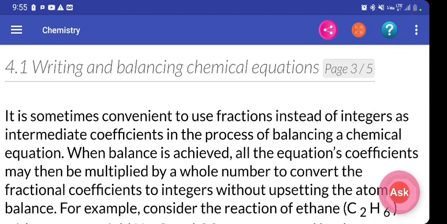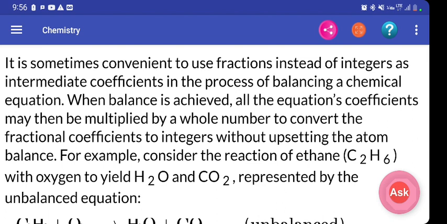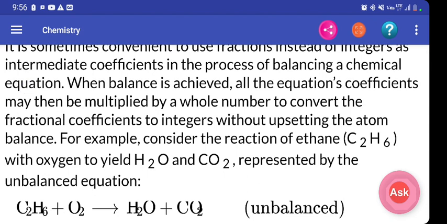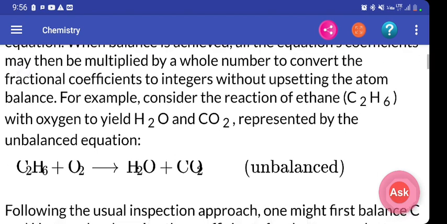It is sometimes convenient to use fractions instead of integers as the intermediate coefficients in the process of balancing a chemical equation. When balance is achieved, all the equation's coefficients may then be multiplied by a whole number to convert fractional coefficients to integers without upsetting the atom balance. For example, consider the reaction of ethane, C2H6, with oxygen to yield H2O and CO2, represented by the unbalanced equation